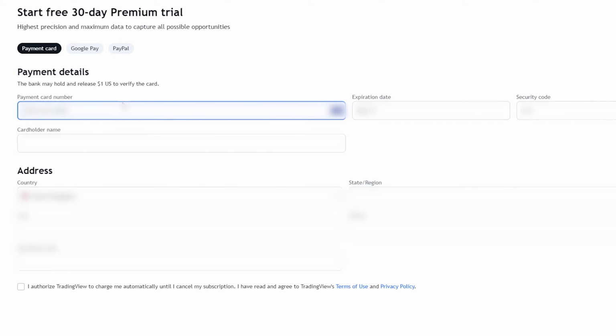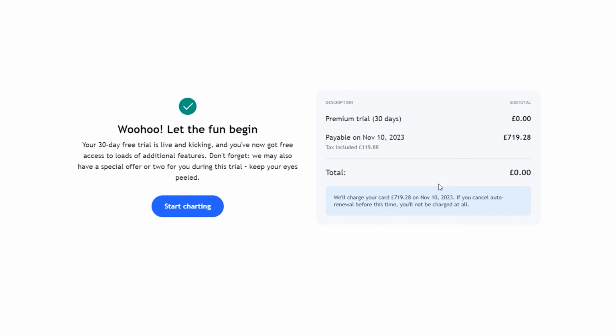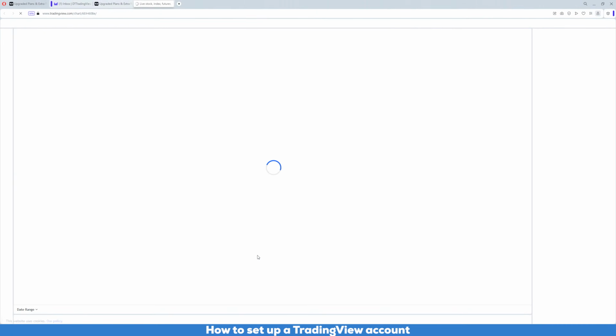As mentioned earlier, you won't be charged for the initial 30-day trial, and if you cancel before the 30 days expires, you won't be charged at all. Just enter either your card details, Google Pay details, or PayPal details and complete the sign-up process. Once completed, you'll see a confirmation page like you can see on screen now. Press the Start Charting button and you'll be taken to the chart section of the website using your new trial